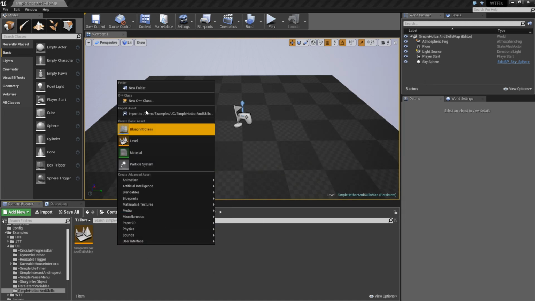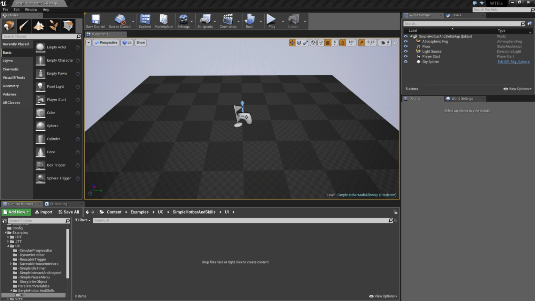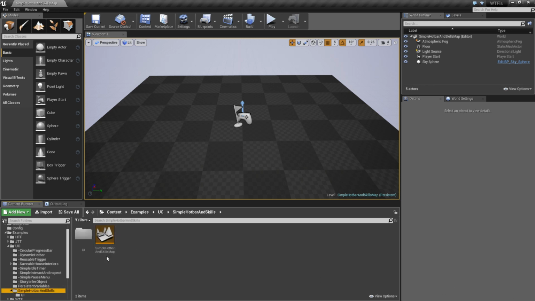We have some UI, so new folder for UI, which for some reason I have. What the hell? Man, I have so much stuff in here that I don't remember. This is awesome. Okay, well let's set this stuff up as best as possible. So we have some data. We're gonna pull from the data because this is